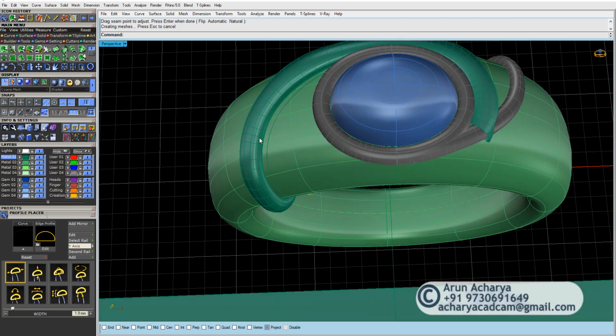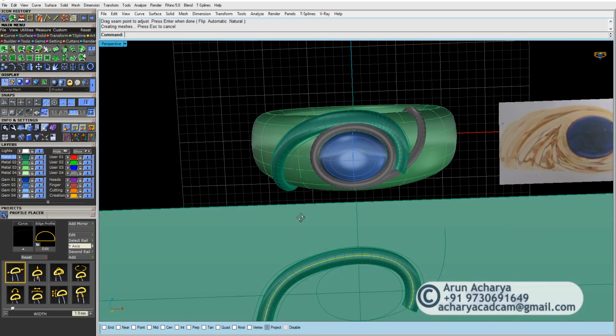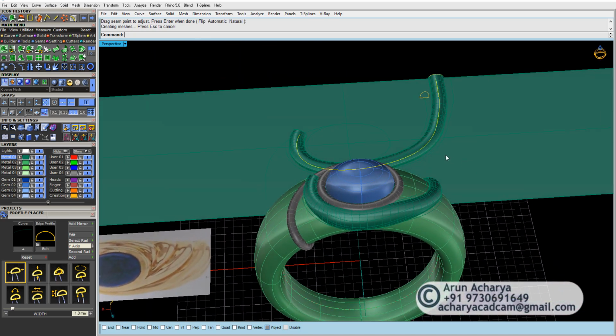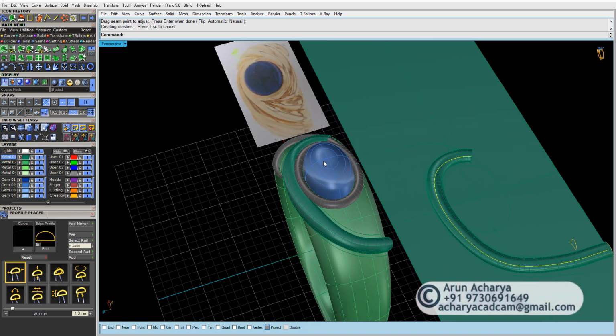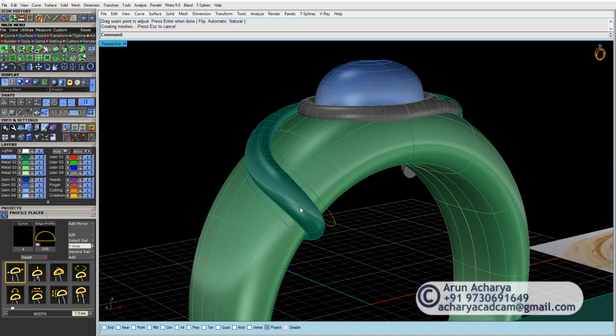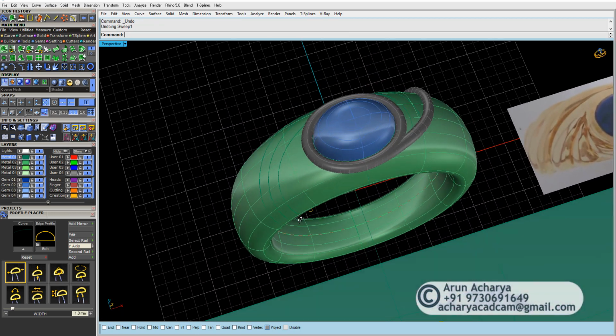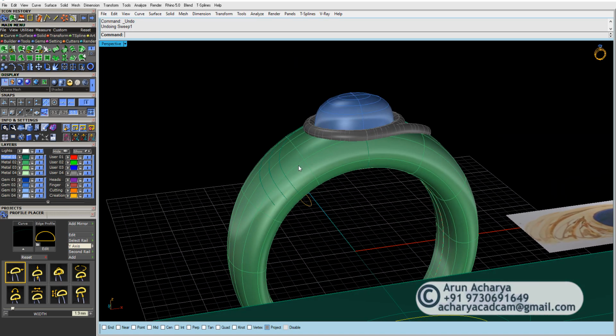That's the only reason I did an offset curve on surface, just to make sure that I have proper thickness. So what we can do here, instead of doing things on the base surface, let's just take the profile placer here on top, and then you can do it manually. Okay, and in case you face a problem with sweep one,